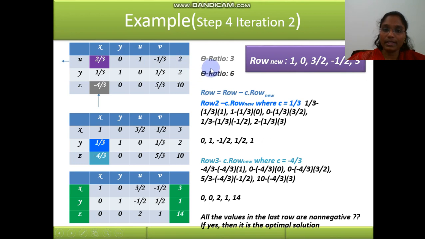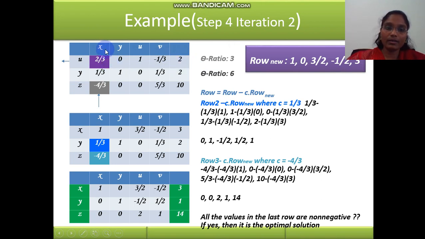So we'll be getting a ratio, and similarly for the next row also we'll be getting a value. Here the theta ratio is 3, that is 2 divided by 2/3, which gives you 3, and 2 divided by 1/3 gives us 6. These are the ratios we are getting for these two rows. Since this ratio is smallest, we choose this row as the leaving variable, the pivot row.